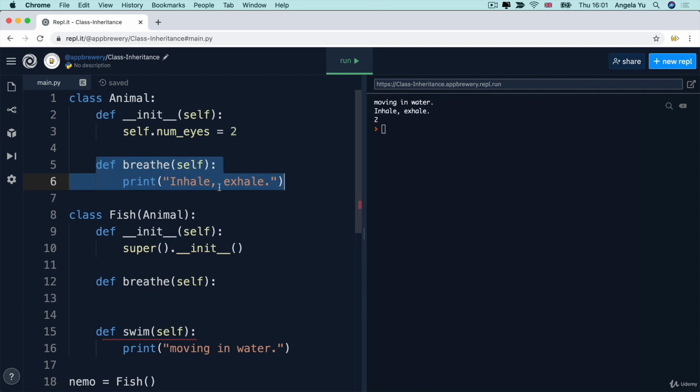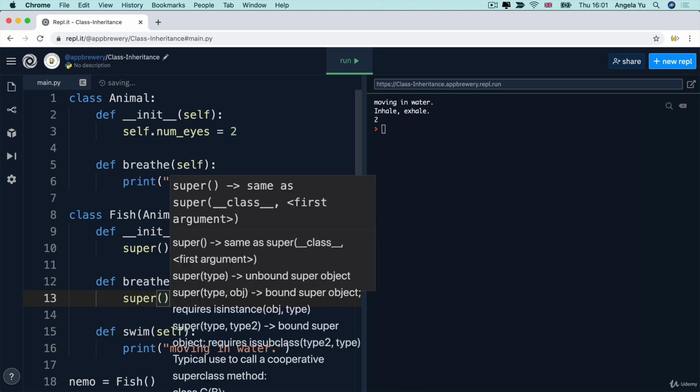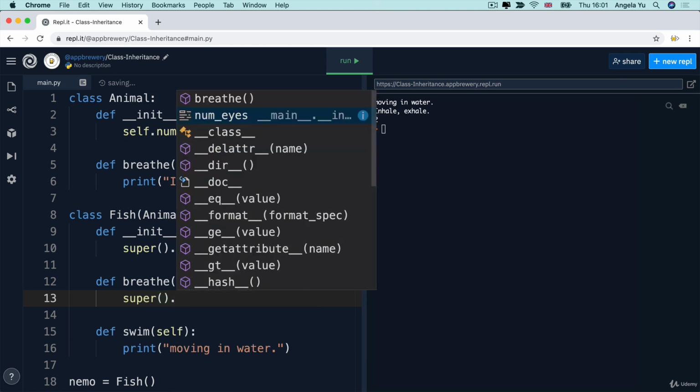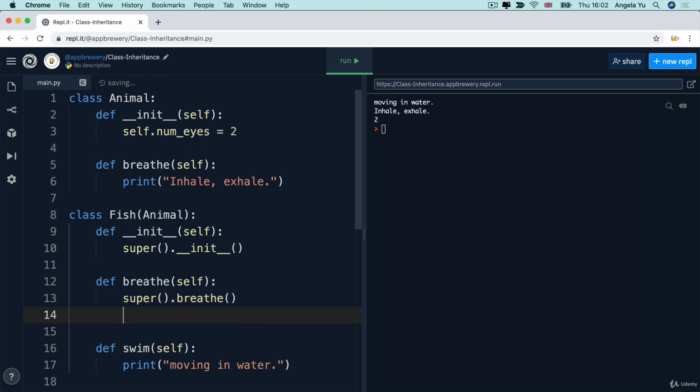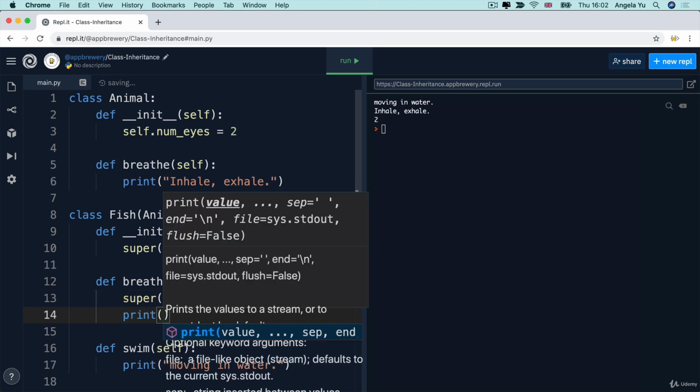So I want to print inhale, exhale, but I also want to do something extra. Well, in this case, we would get hold of the superclass and then call breathe on it. This means we're going to do everything that the breathe method from the superclass does, so all of this, but afterwards we're going to do something a little bit more special. So we're going to say we're doing this